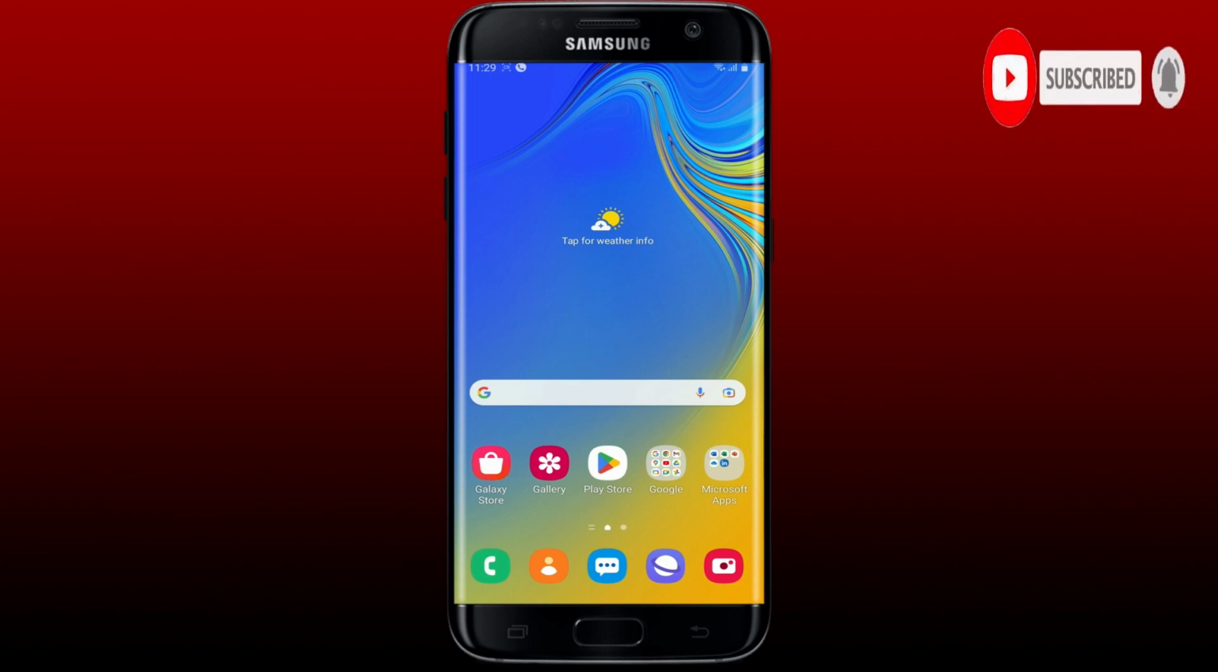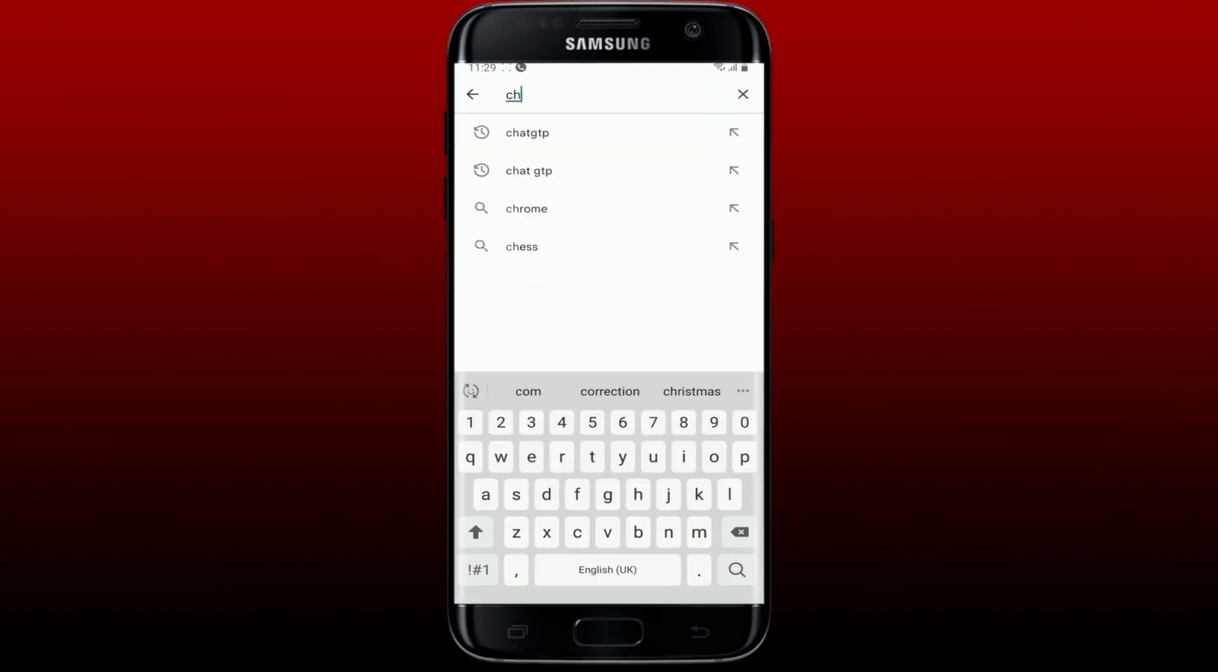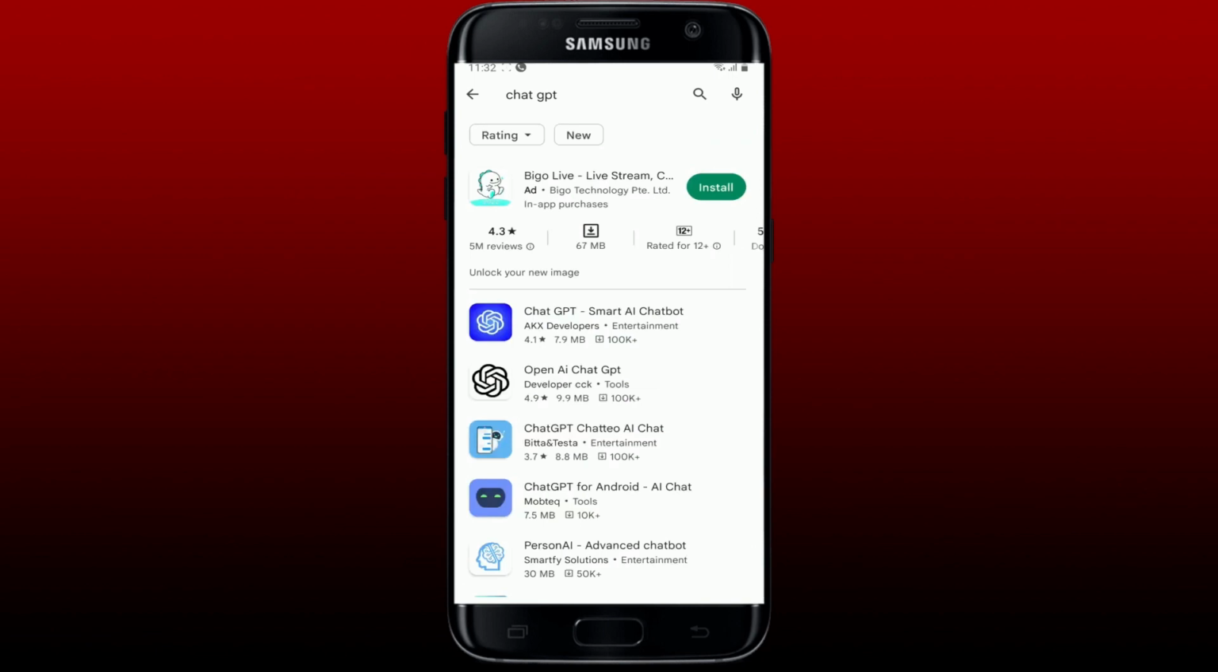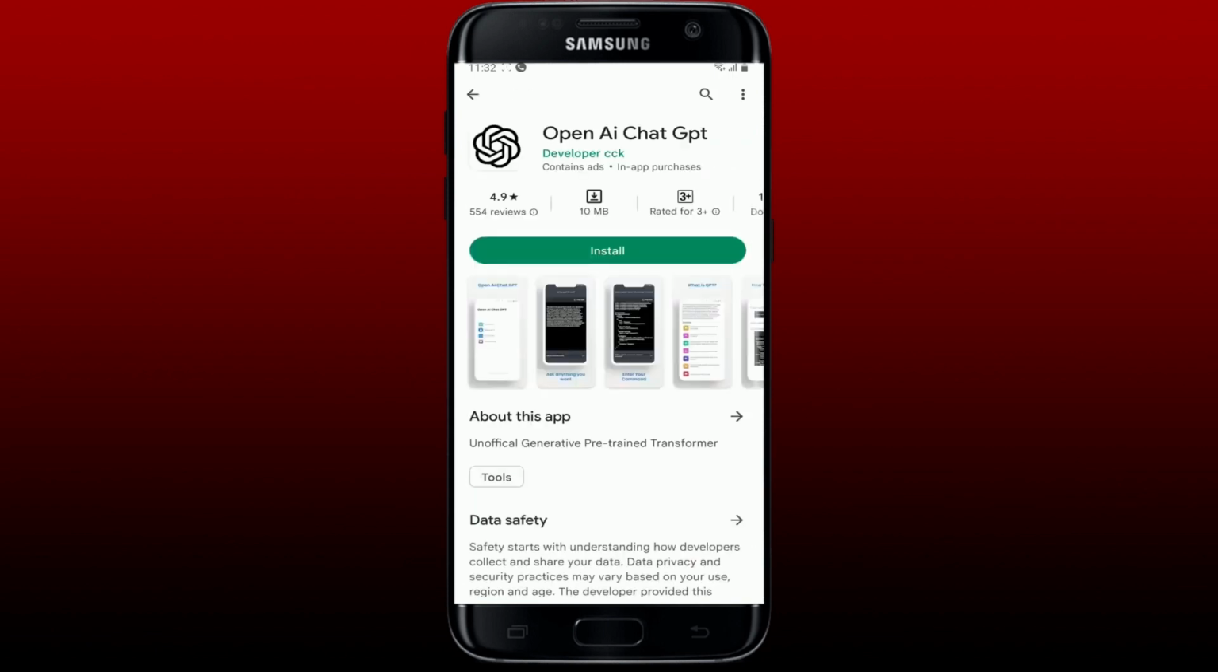To download the ChatGPT application for your Android is easy. First, make sure that you are connected to Wi-Fi or cellular data. And once you're connected, open up your Play Store. In the search box, type in ChatGPT and perform your search. Once you find the application that says OpenAI ChatGPT, simply tap on the install button in order to download the